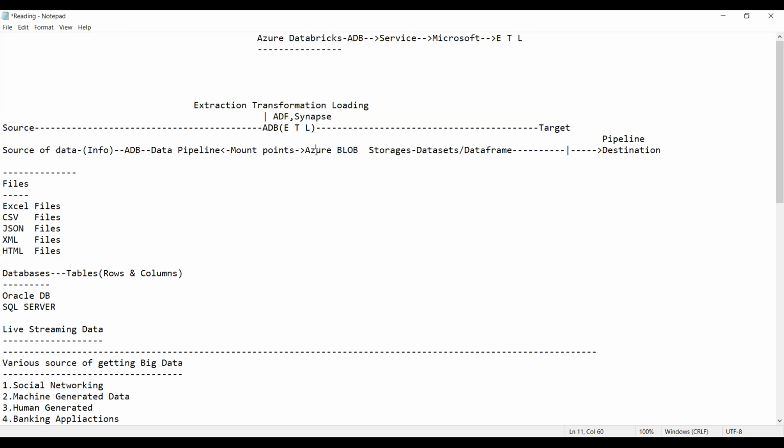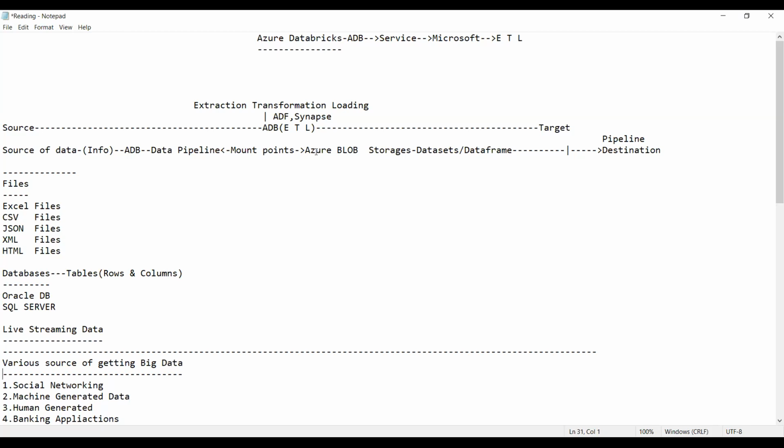We'll set up triggers. Very good. We set up the trigger to kickstart the pipeline automatically at 2 p.m. this Friday. So now, whether I am in front of the system or not, the pipeline will start picking up the data. Is it right? Yes. So that is nothing but the concept of trigger.